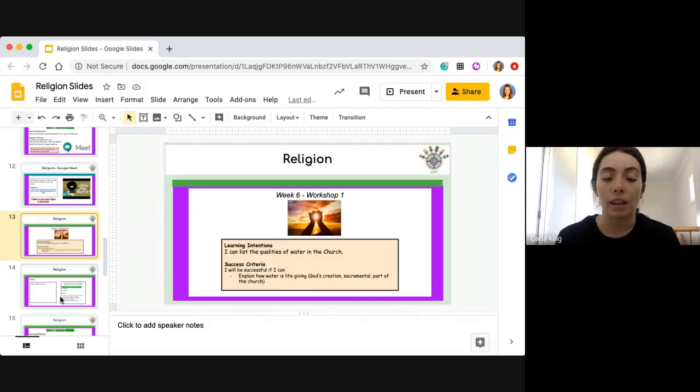Purifying meaning it is to cleanse ourselves. Okay, so how is water purifying for us? How is that important to us? Well, we cleanse ourselves by having a bath, by having a shower, by washing our clothes. They're just some examples, okay, of listing how water is purifying. Another important aspect of why water is important in the church is because we see water and we use water